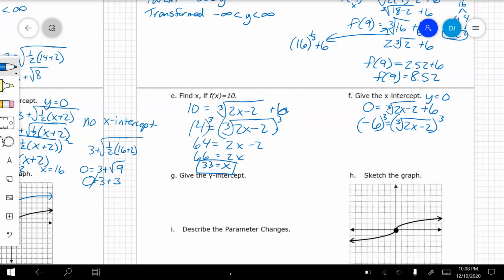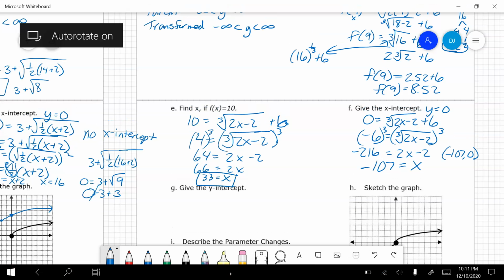Now when I cube a negative number, it's going to stay negative, so it's negative 6 times negative 6 times negative 6, which is negative 216 equals 2x minus 2. So I'm going to take negative 216, add 2 to it, divide by 2. I would end up with negative 107 equals x. So that just means that it's going to be negative 107,